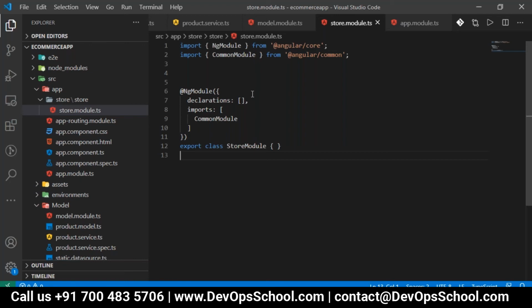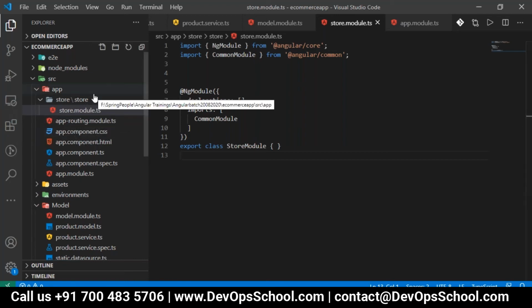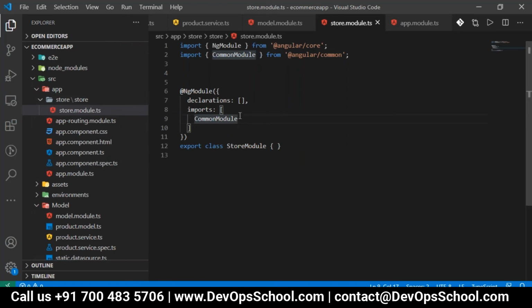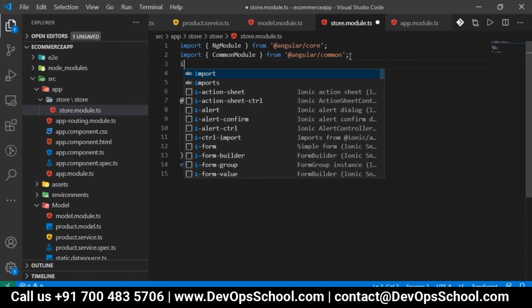So in the store module, I will be using the forms module and the browser module, so in the imports we have to write what modules we want to work on. So let me import.